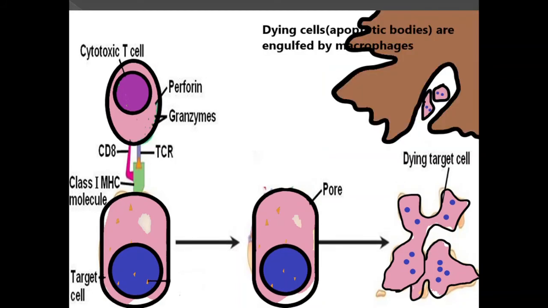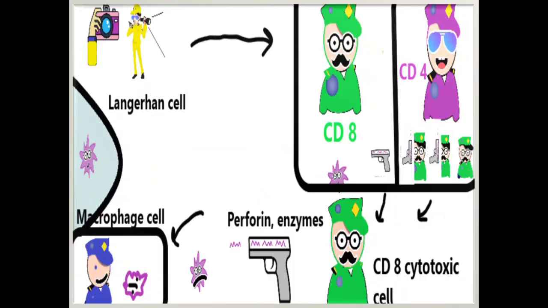And later on, once the cell has died, the macrophage will digest the dying and dead cell by engulfing the remnant. So, in the histological picture of lichen planus, the number of T cells and macrophages will be drastically increased. So, let us see this in a cartoon representation. In order to make the concept a bit easier, I have drawn this cartoon diagram. So let us see what is there.